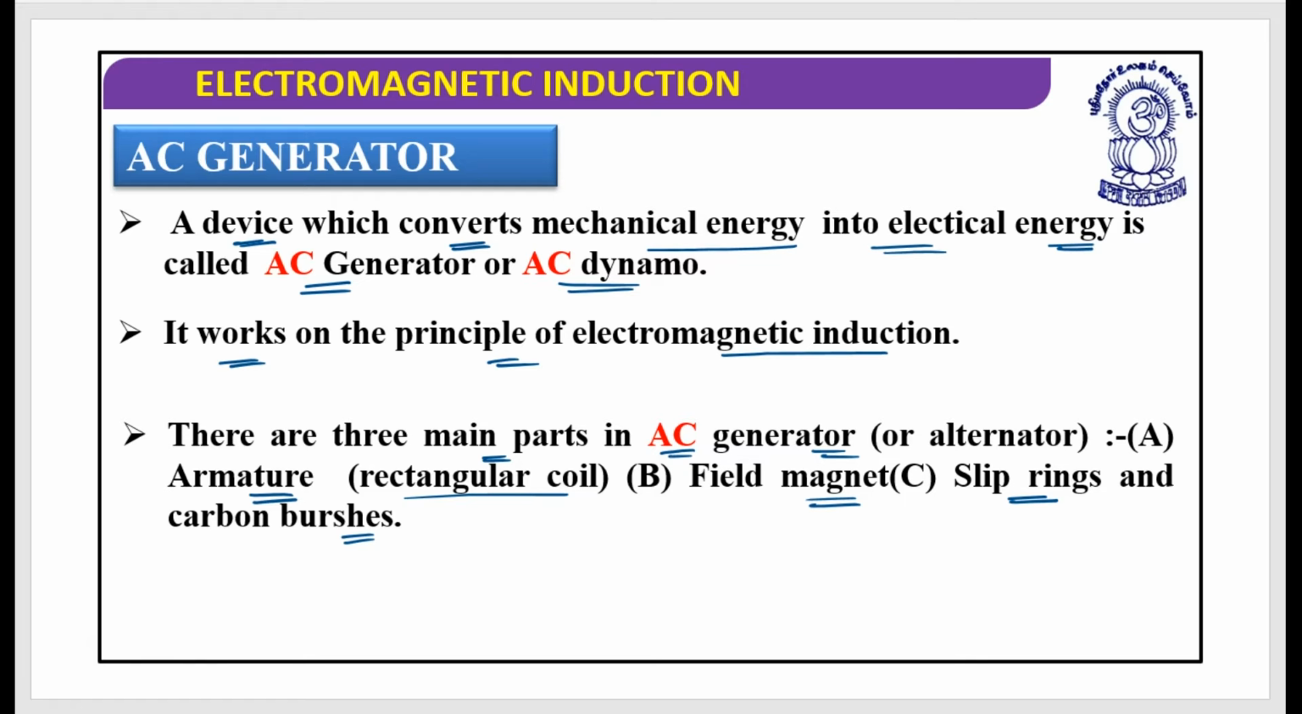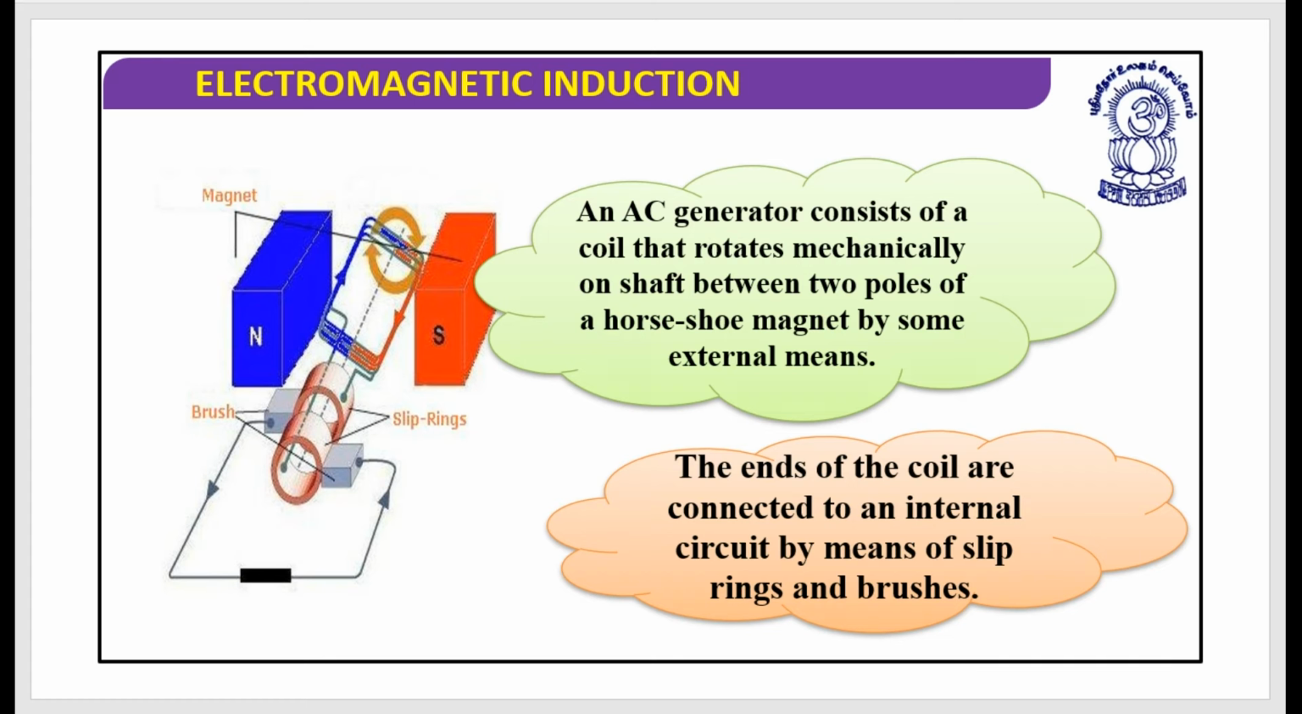I'm sure that you have even studied this AC generator in your class 10 as well. But here we will discuss certain parameters in a more advanced version compared to class 10. So let's look. These are the magnets. Generally horseshoe magnets are used, as they provide a uniform magnetic field throughout that region. An AC generator consists of a coil that rotates mechanically on a shaft between two poles of a horseshoe magnet